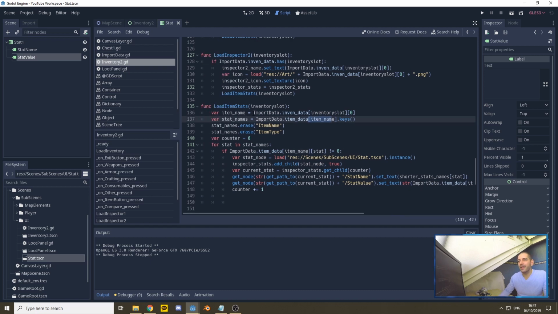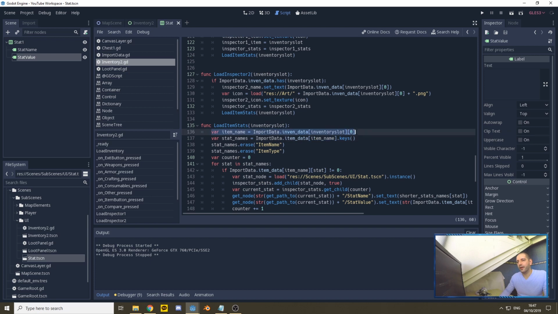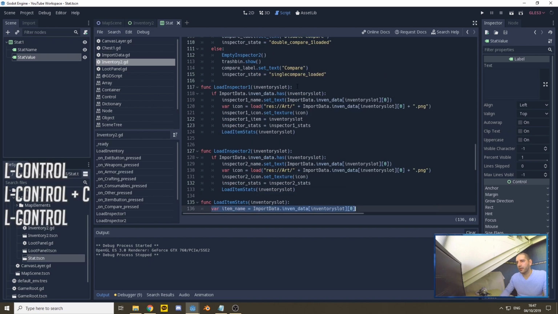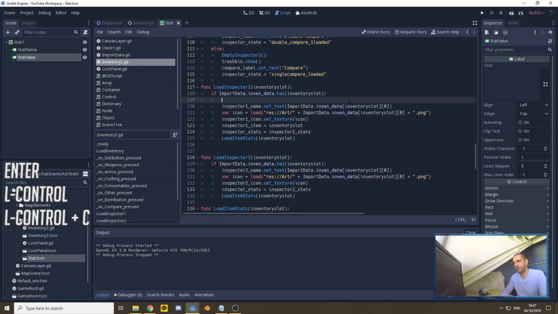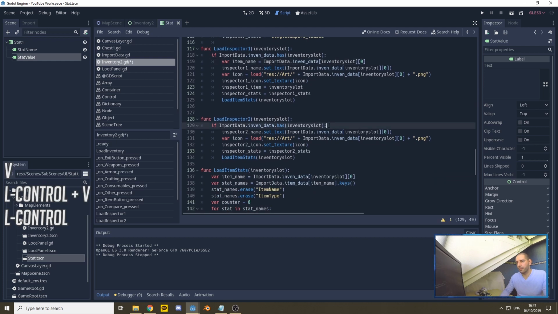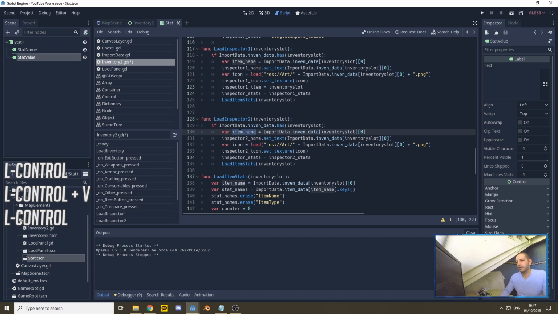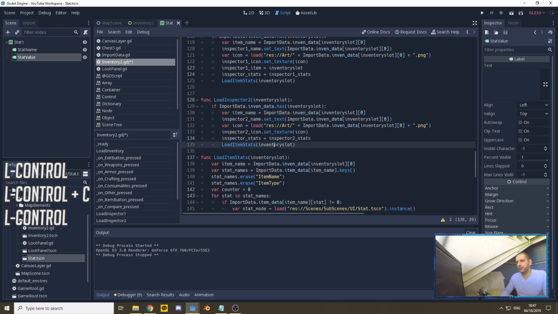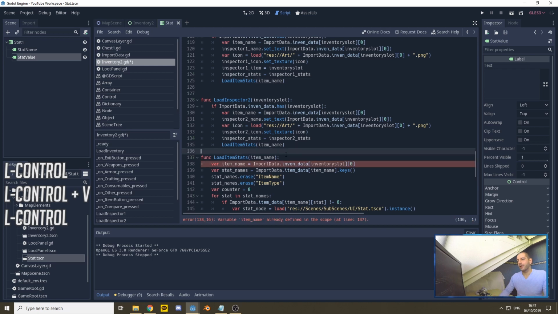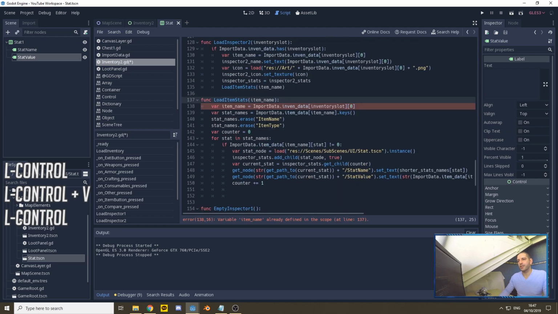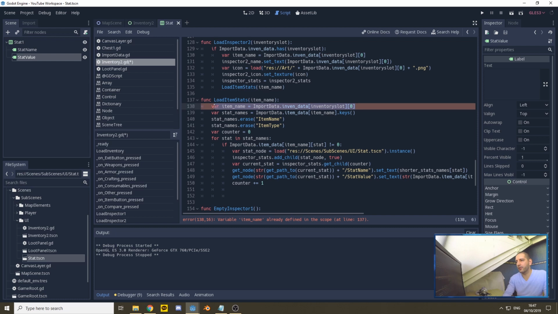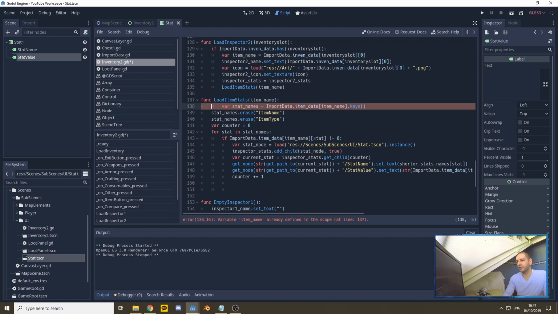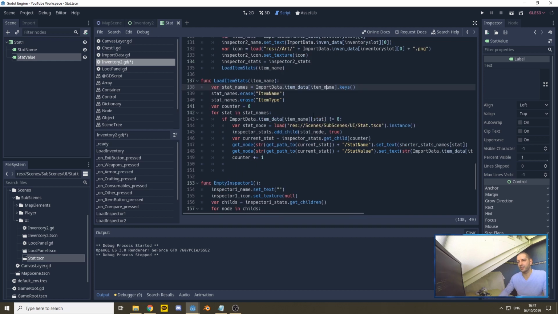So to make this code a little bit more efficient, we can define this variable up on the top here and up on the top here. And instead of inventory slot, we can put in the item name to our load item stats, and we can set the load item stats to expect the item name. Now we no longer have to define the item name here, so we can remove that piece of code. So that's one